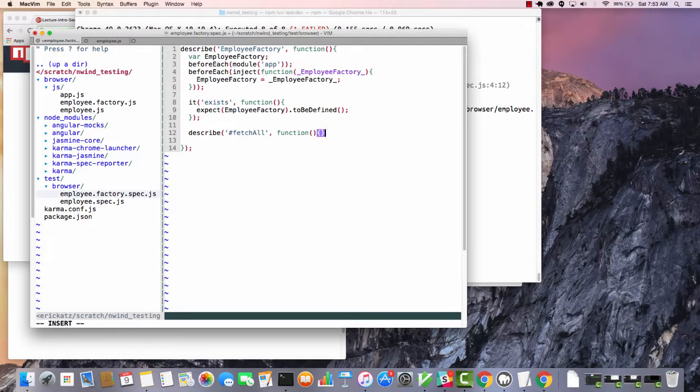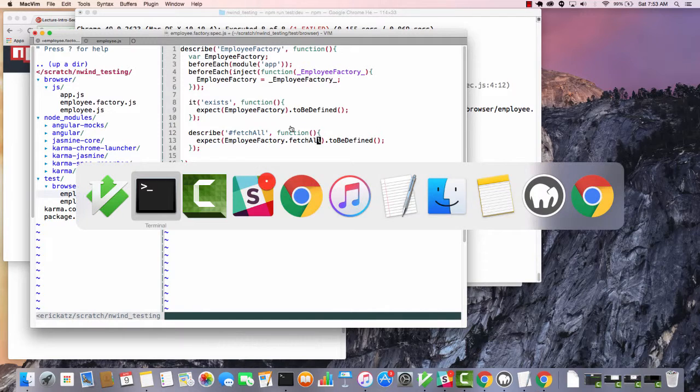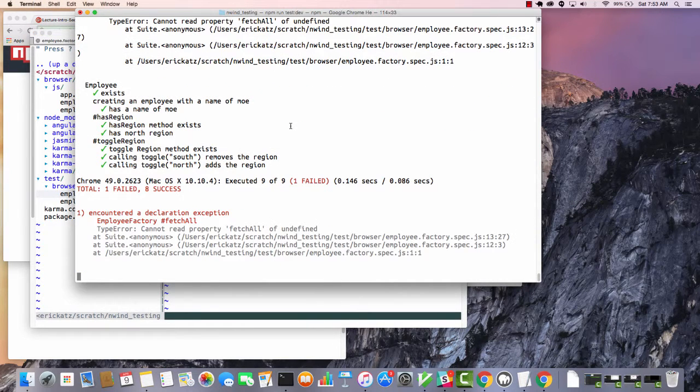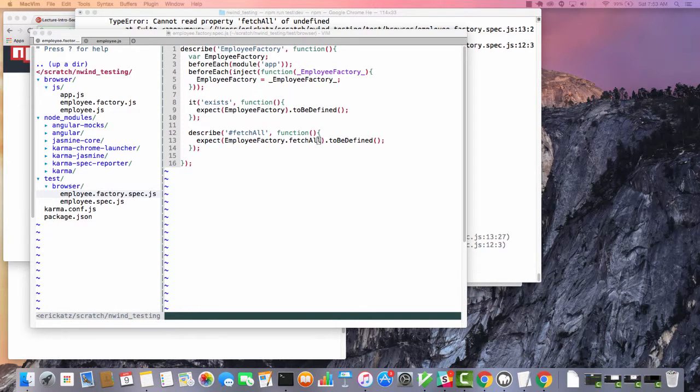And again, we'll do our sanity check here. Here we're going to expect that my employee factory has a fetch all method. You don't necessarily have to do these. I'm just sort of taking this one step at a time. And one thing that I had mentioned before, employee factory is defined